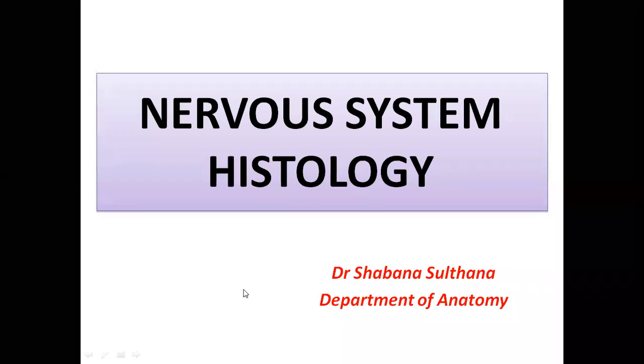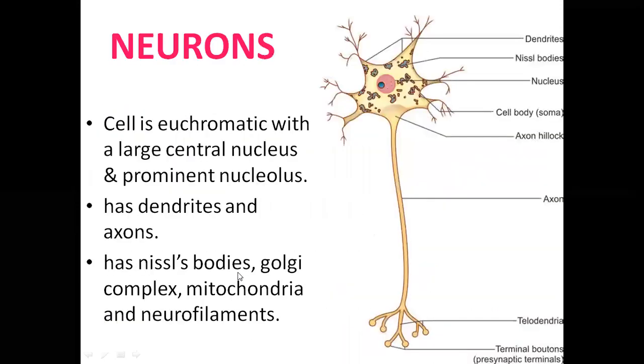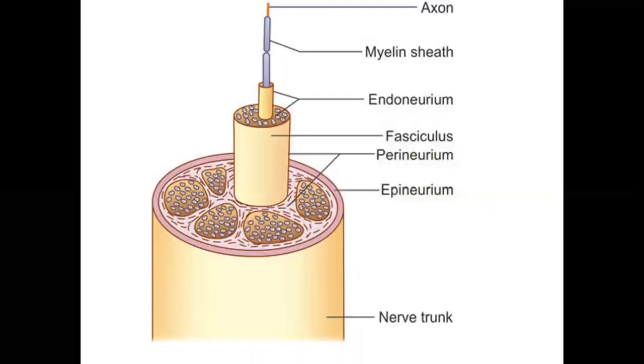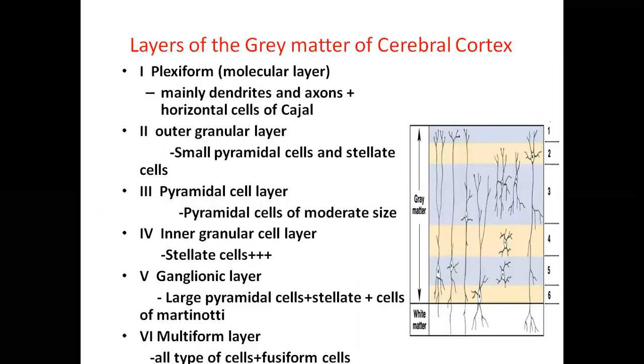Good morning, dear students. We are going to discuss nervous system histology today. The basics of nervous tissue we have already discussed in our previous lecture. Structure of neurons, neuroglial cells, everything has been taught. I just kept the slides so that you will have